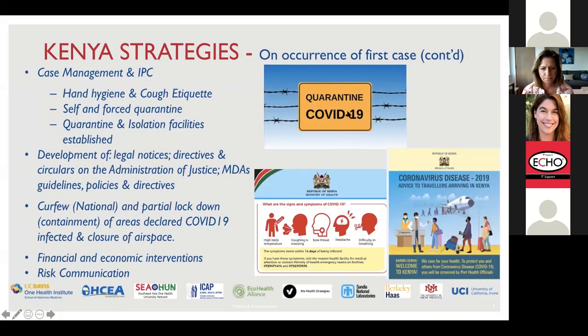So we also had case management, and we still have case management and IPC measures that are being implemented, including the emphasis on hand hygiene, cough etiquette, self-enforced quarantine, the establishment of quarantine and isolation facilities, which was done in various government institutions, including middle-level and tertiary colleges that were identified and set up as quarantine facilities, and various hospitals and healthcare institutions that were set up as isolation facilities. We also had the development of various guiding documents, including legal notices, directives